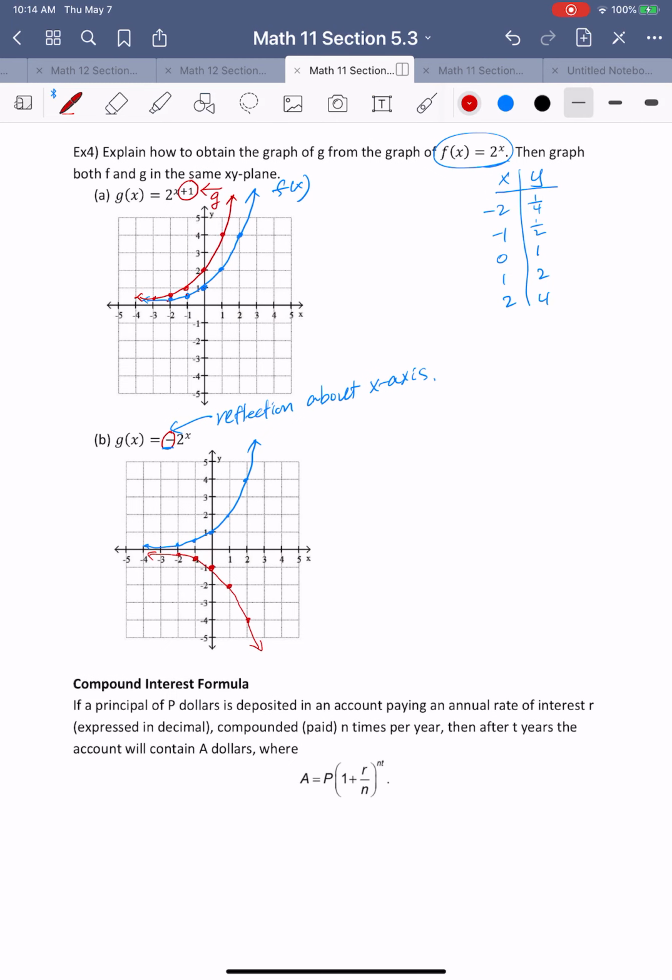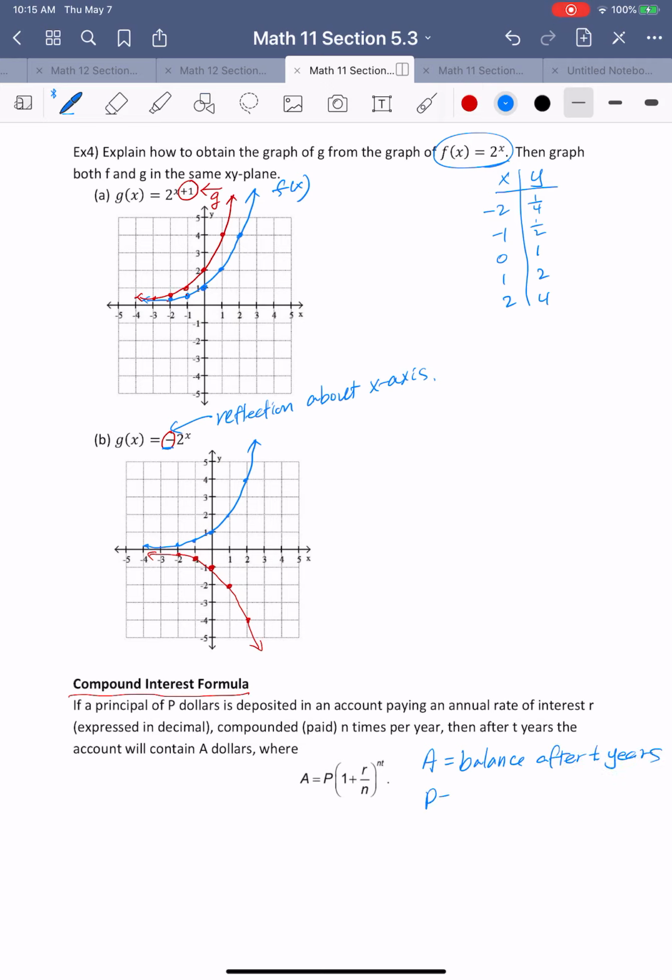All right, because of the exponential functions, we can use the compound interest formulas. If a principal P dollars is deposited in an account paying an annual interest rate R, expressed in decimal, compounded n times per year, then after T years the account will contain A dollars, where this is the formula, okay? A is the balance after T years,